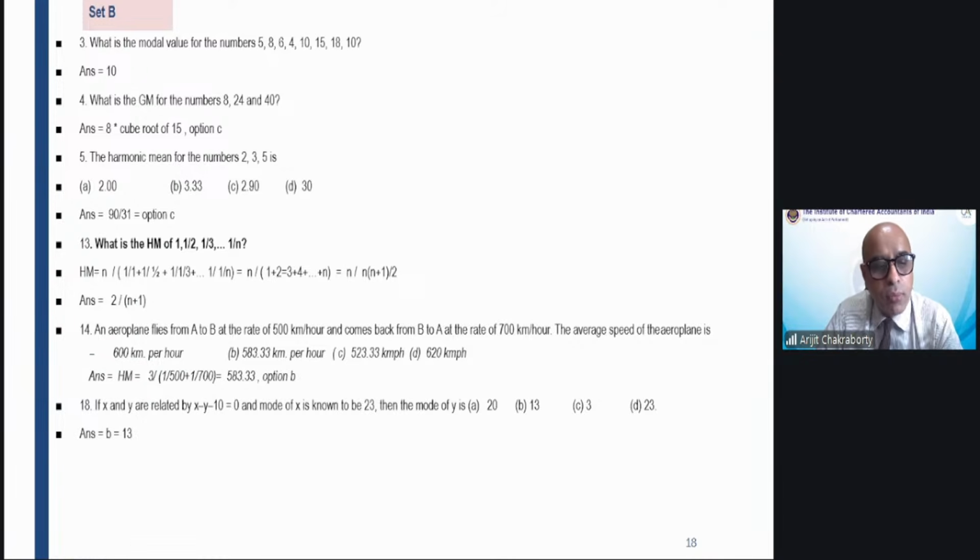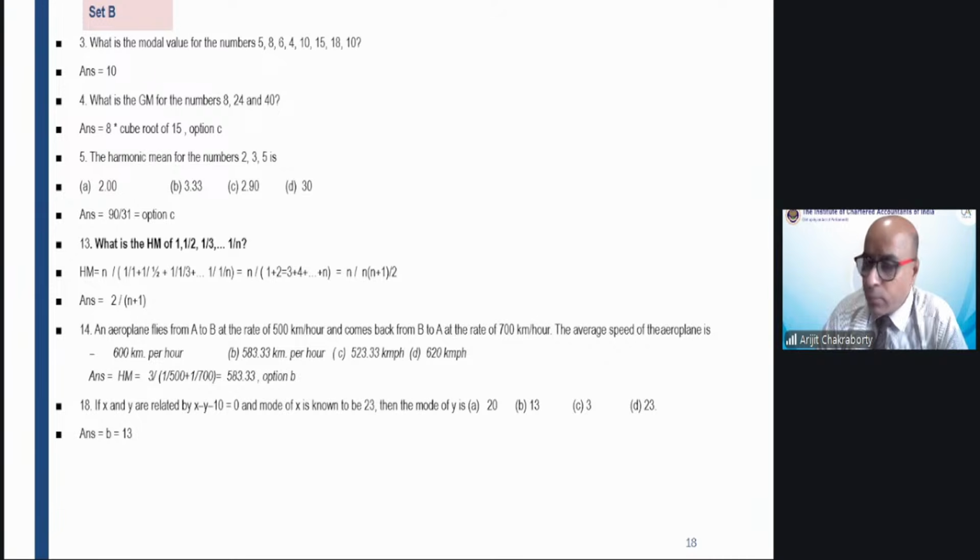We have, if x and y are related by x minus y minus 10 equal to 0. So we are given this relation x minus y minus 10 equal to 0. Just try and solve this one, number 18. So we can put it in this way. We can write y equal to x minus 10, just transposing y. And we are given mode of x is